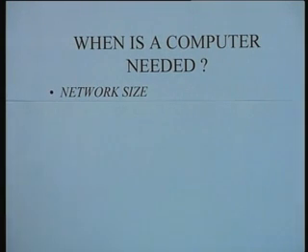So obviously if it is a small network of only 10 or 20 jobs, it may not be worthwhile to think in terms of putting the whole data on a computer. So depending upon the nature of your project, the size of the project, you can easily determine whether a computer is needed. But for practical size projects which involve more than 100 or 150 activities, it is helpful to have a computer which would be able to do all the computations and all the reporting for that particular project.